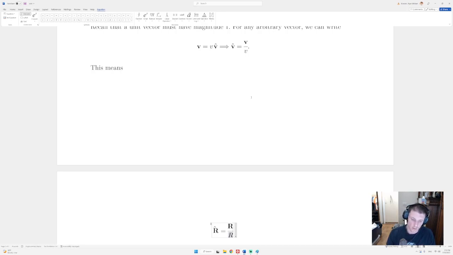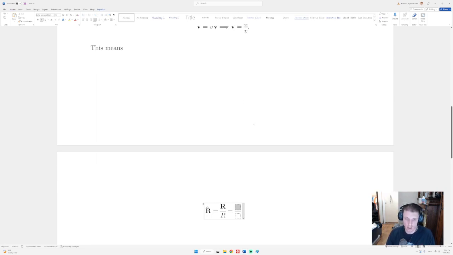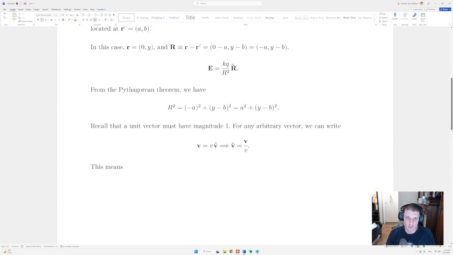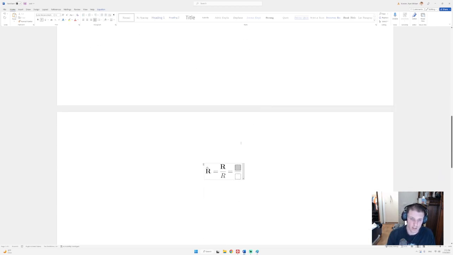I'll switch up the notation a little bit here, just to expose you to the different kinds of notation that we're going to see. But this r vector we already found. It's the separation vector. It has negative a for an x component and y minus b for its y component. So I'm going to write negative a